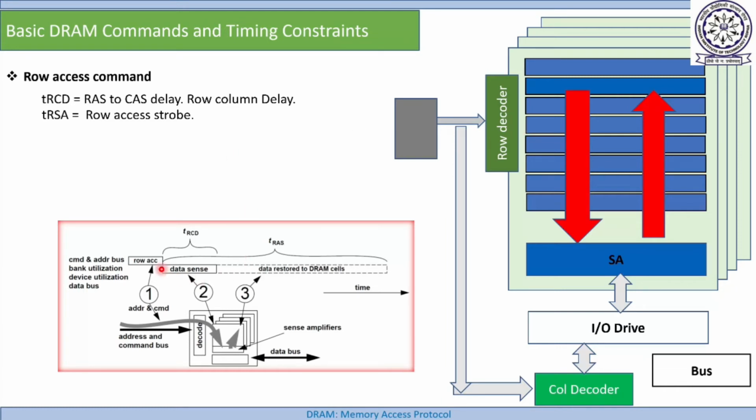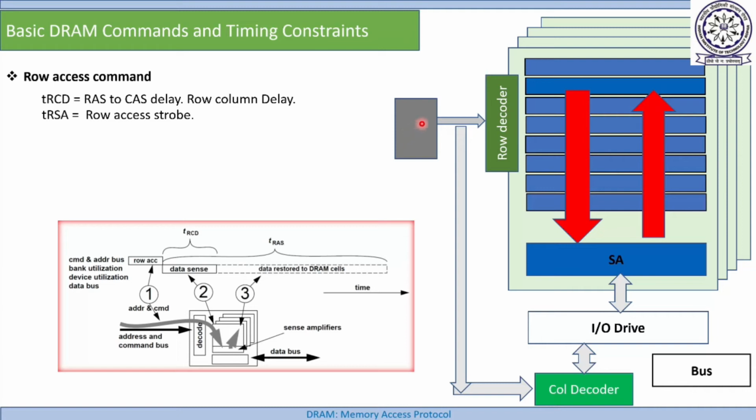This is tRES. Now you can see that tRCD is a sub part of tRES. After tRCD time, the data is available in the sense amplifier, right? Maybe some more time is required to restore the data back to the row, but after tRCD time the data is available in the sense amplifier, which means if the controller wants to send a column read command, it can send it after tRCD time. But actually it is tCMD plus tRCD.